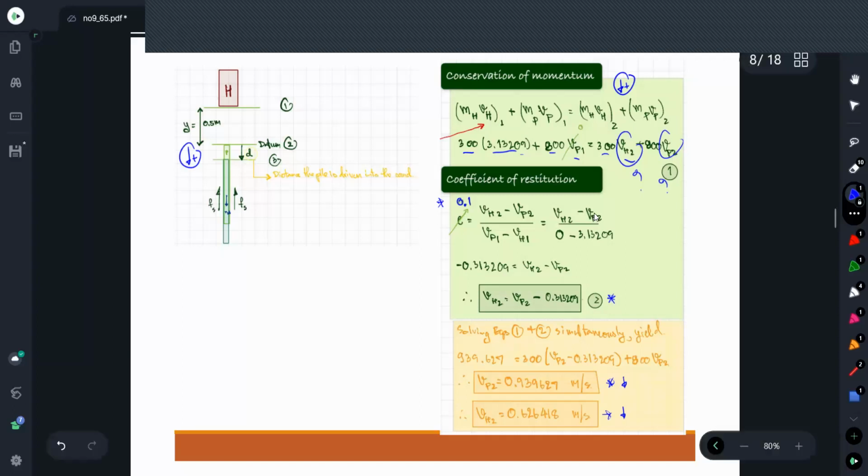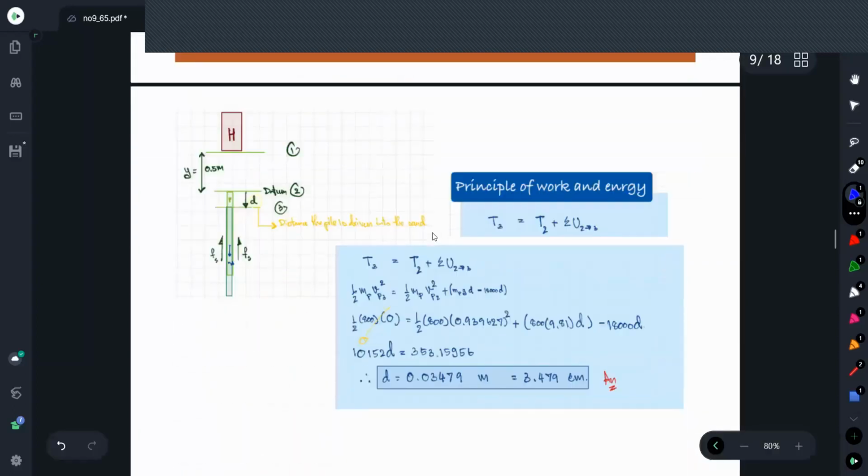From this, we consider the pile, especially the pile here. We will apply the principle of work and energy because we know that it is not a conservative system. It has friction, and friction is a non-conservative force. Non-conservative force is what? Non-conservative force is the force